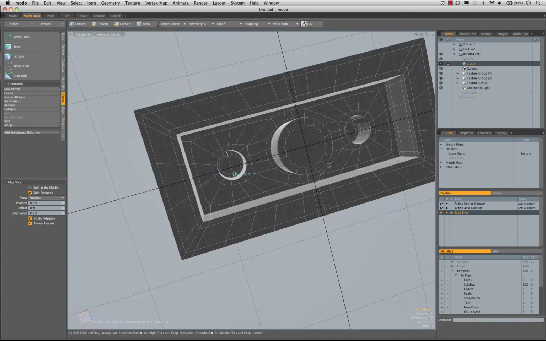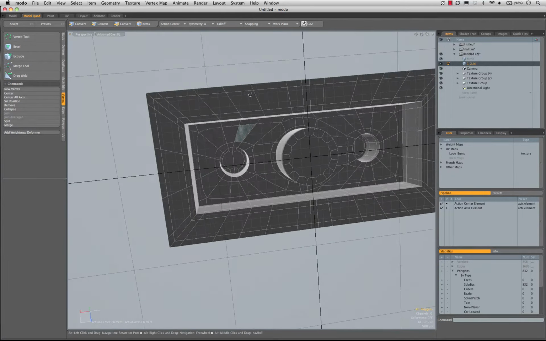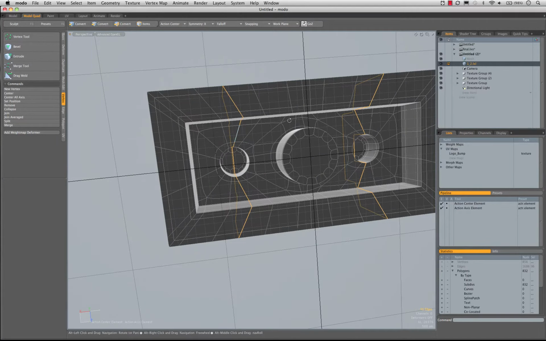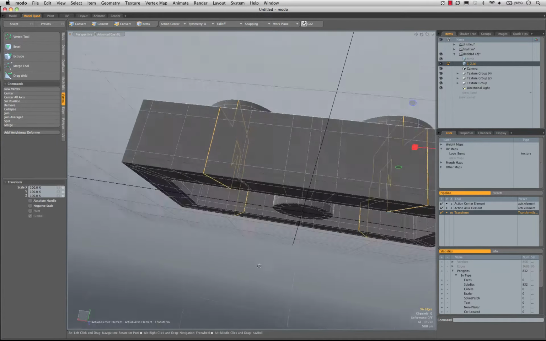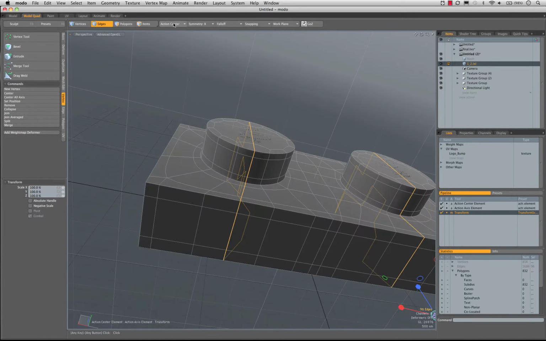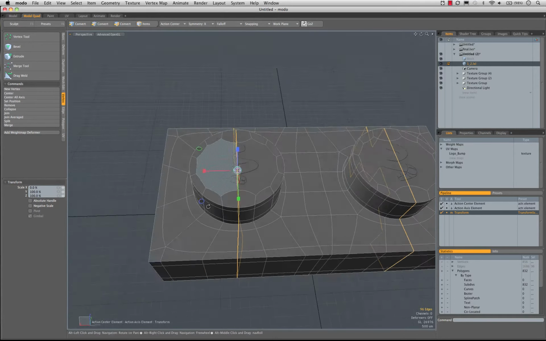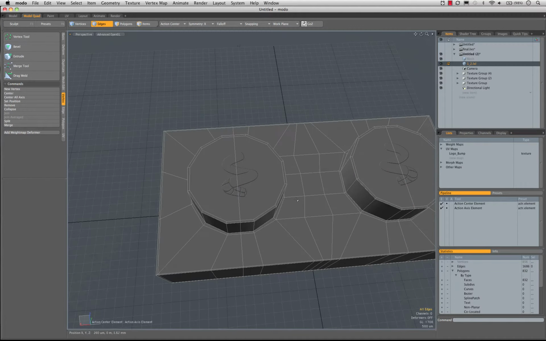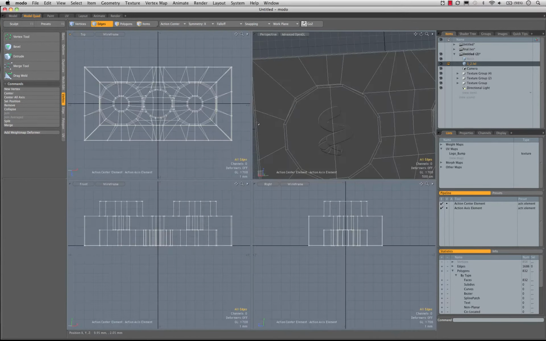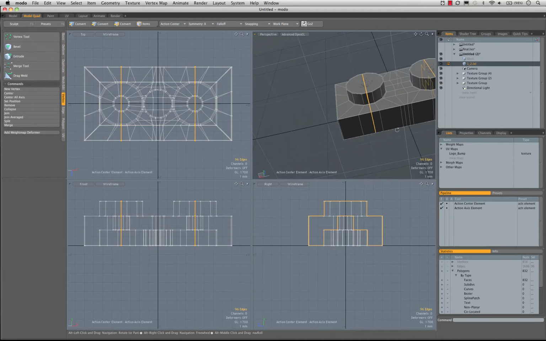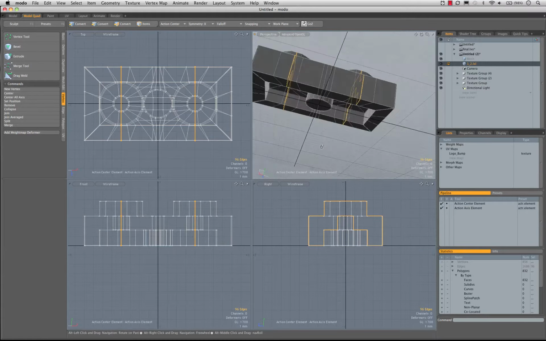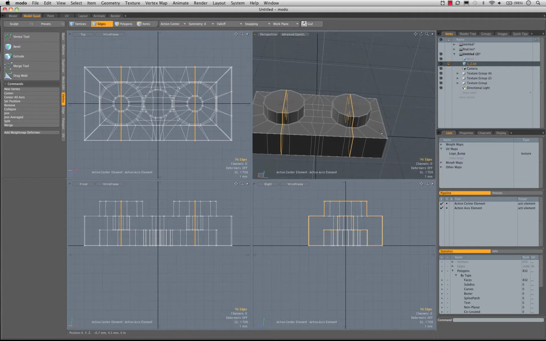What we want to do is create a tileable unit, and one step away from that now is taking this and scaling this. I set my action center to, oops, it's already on element, so I'm just going to select this edge here, and I'm going to flatten it down. So now, especially if we unsubdivide, we'll be able to see we have this edge that runs through each piece, and that leaves this middle piece intact,